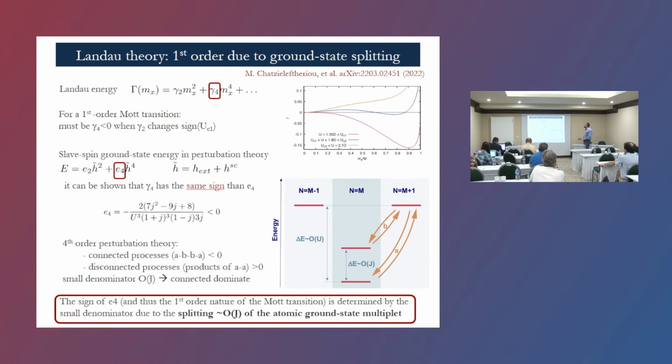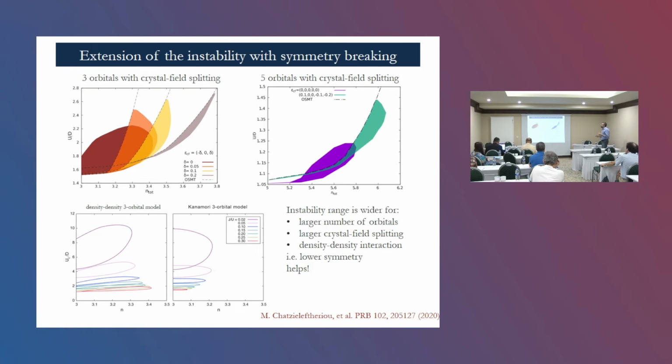Now, in the last minutes, I just want to show you the implications for real materials. Elements of realism have been added in further studies where we put 3 orbitals, 5 orbitals, crystal field splitting, and all these show that this zone of phase separation that I showed you in the phase diagram extends more and more. It can extend from a few percent of doping, about 10% in the 2 orbital Hubbard model, even to, let's say, 1 electron of doping or 1 hole of doping away from the half-filled Mott transition in 5 orbital models with crystal field splitting.